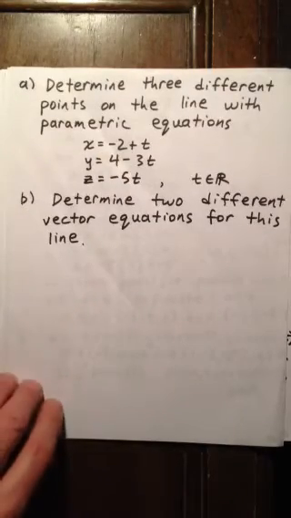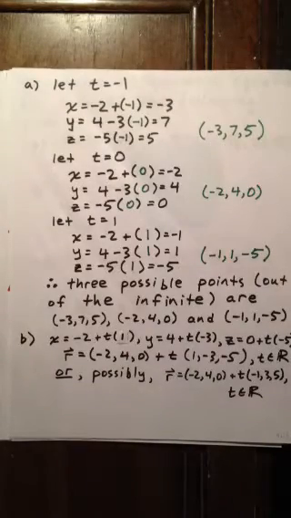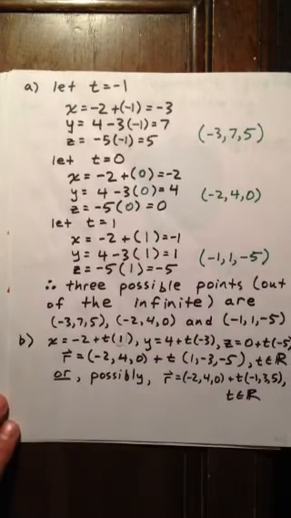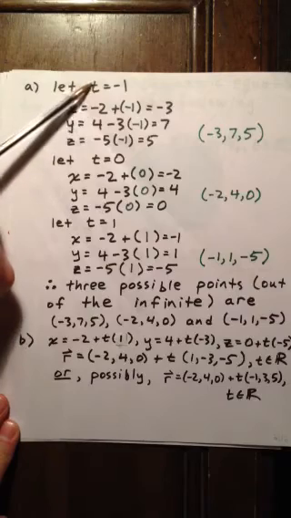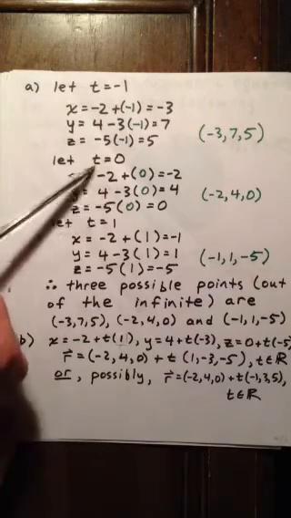In this question, we were asked to come up with 3 different points on the line with these parametric equations, and then we were asked to come up with 2 different vector equations for the line. Well, to come up with 3 different points is fairly straightforward. We just need to pick 3 different parameter values for t, so we can let t be -1, 0, and